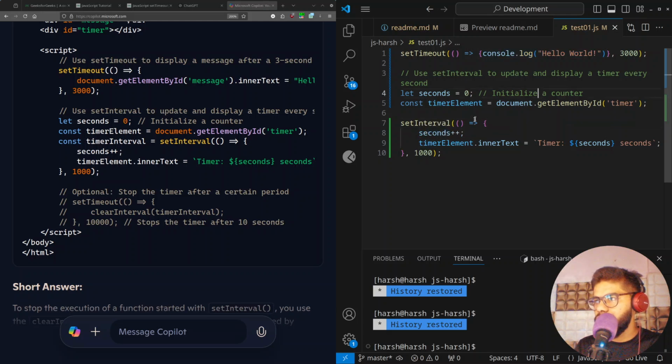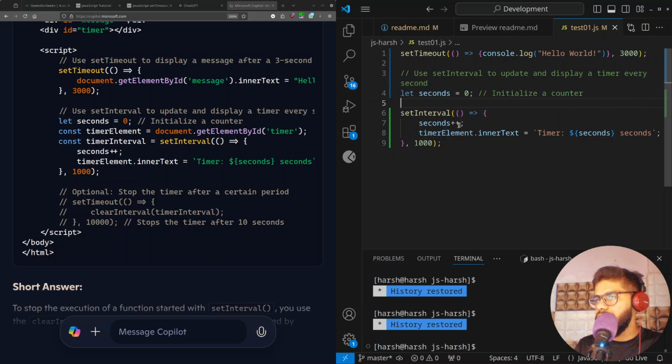We can remove this entire line and seconds. What we can do is console.log